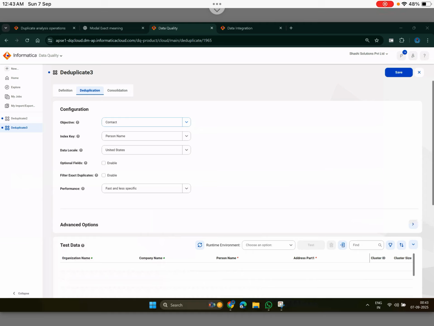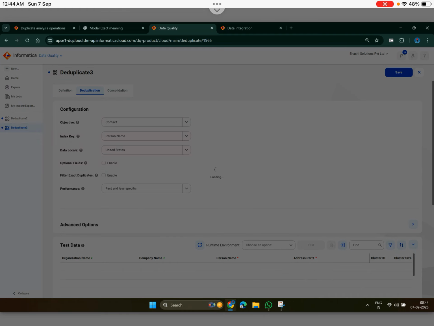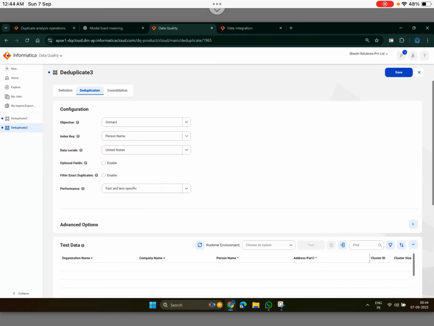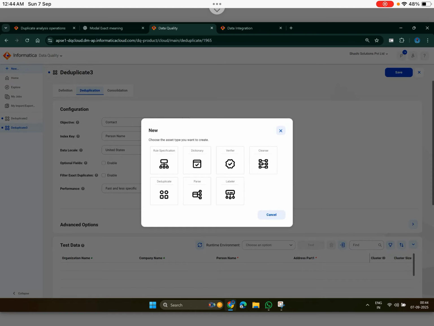Today I'm going to explain the deduplication asset in the data quality services in Informatica Cloud version. All you need to do is log in to your account and select the data quality services, in which you will come to this page, and here you need to select the asset you want